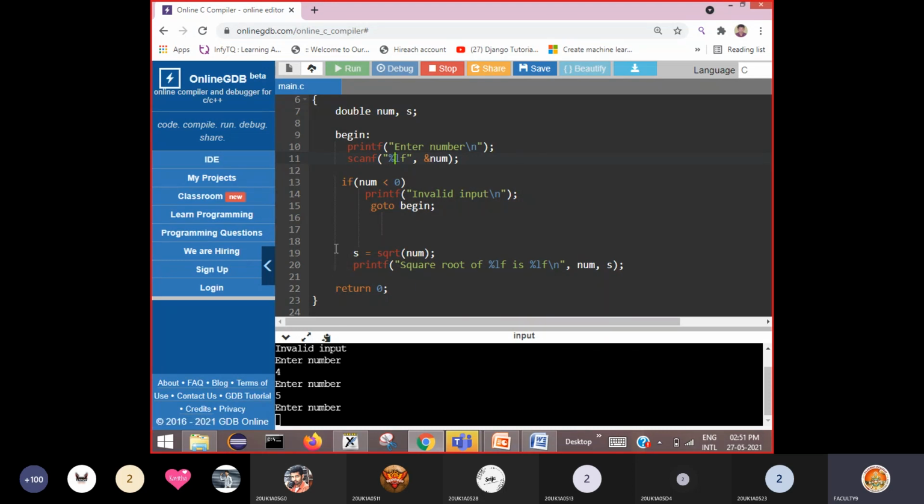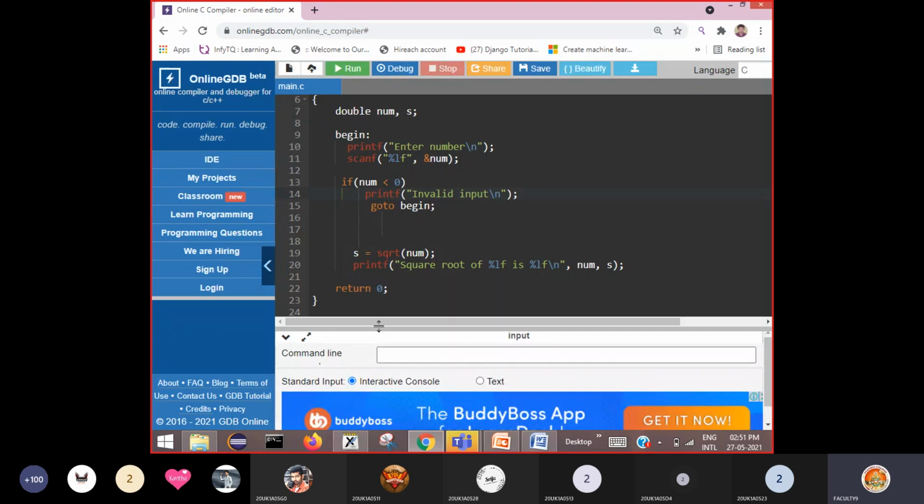This is skipped here and goto begin means it goes back and asks enter a number. That means your program never ends. Okay, so this is the problem. That's why you need to stop the execution.